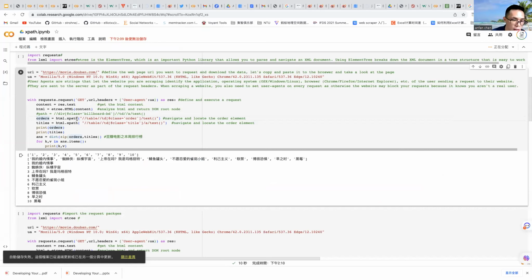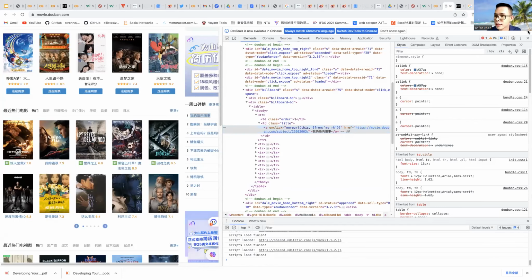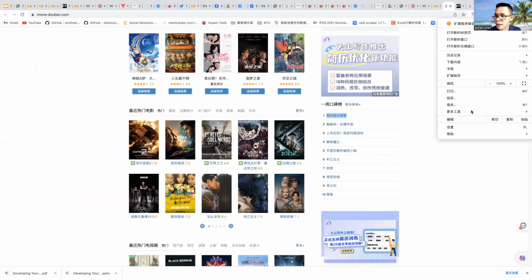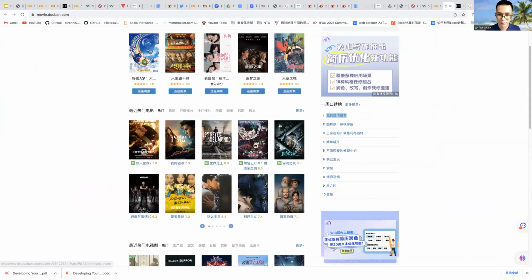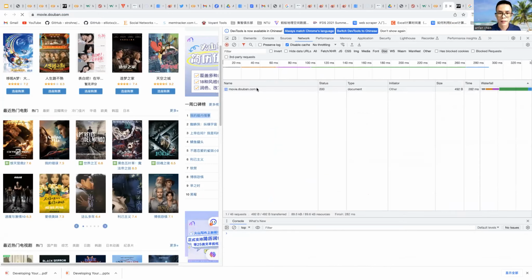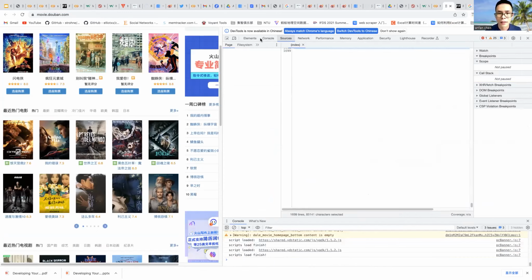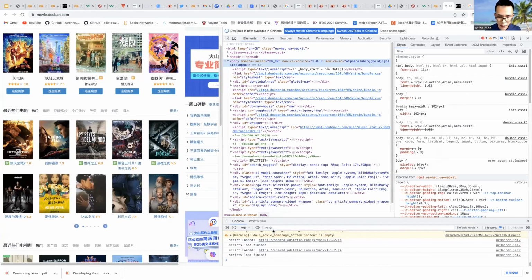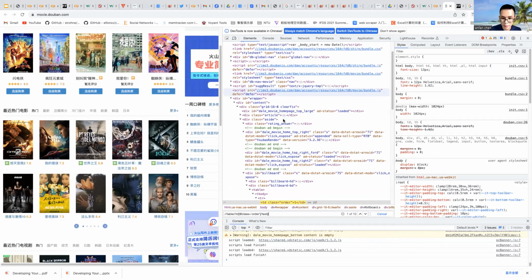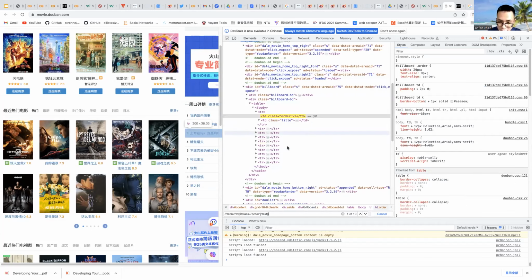So we define the orders from here, and you can even copy this one and see what will happen. You just copy this one, go to more tools, developer tools, click Elements, and then in this page, press Command and F on your keyboard and input it, and you will see, yes, it's here.